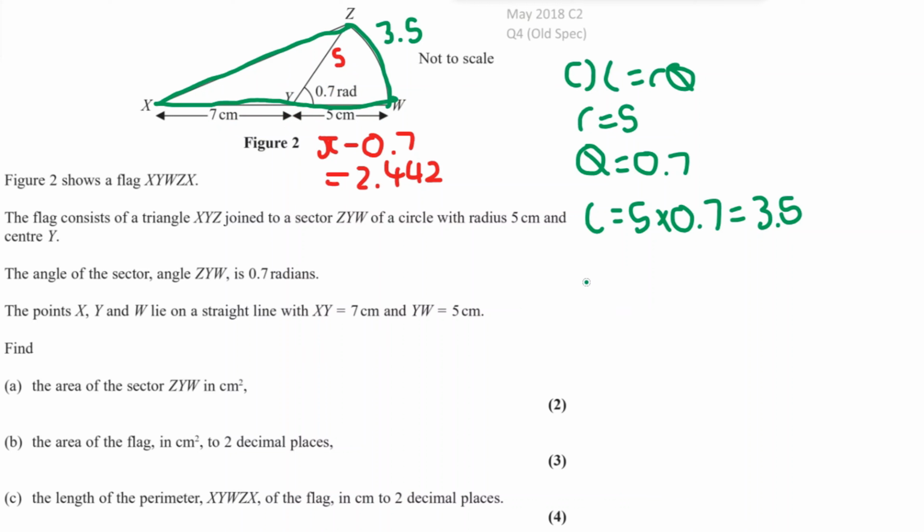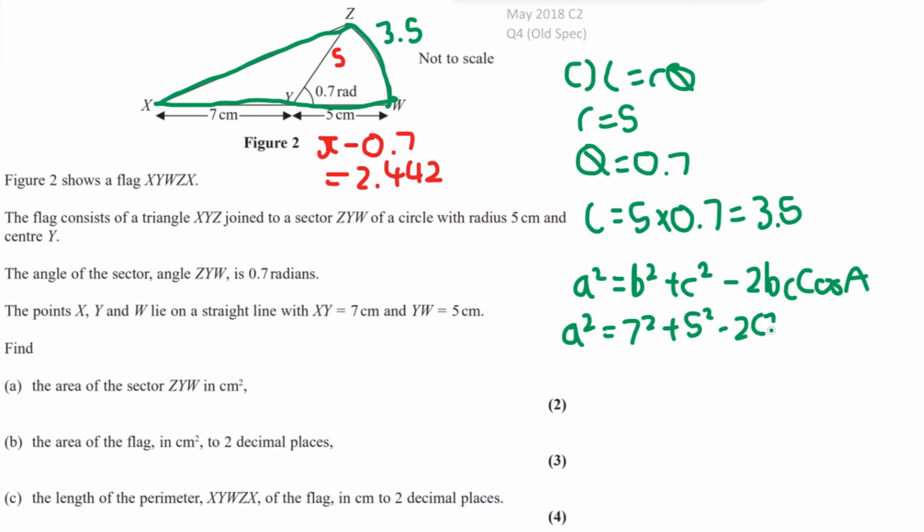So the cosine rule, remember, is a squared is equal to b squared plus c squared minus 2bc cos of a. This isn't given to you in the formula booklet, so you have to remember it, where b and c can be interchangeable, and the a here is going to be this angle here, 2.442. So therefore a squared, which is going to be this, is equal to b squared, which let's just call this side b. So it's going to be 7 squared plus 5 squared,